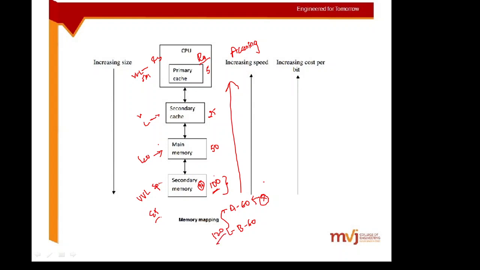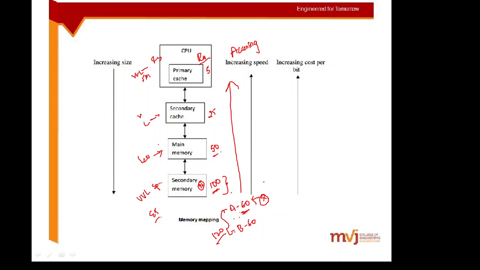What I mean to say is, if there are fewer instructions, I can easily identify my instruction. If there are more instructions, finding a particular instruction is going to be a bit difficult. That's what I mean. The secondary memory holds a large number of instructions, so whichever instruction I am looking for, I can find it, but it is going to be time-taking. So the access time is going to be more.